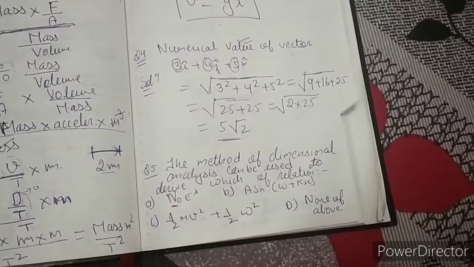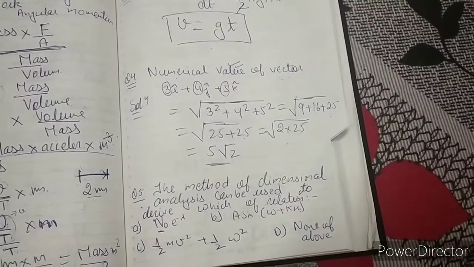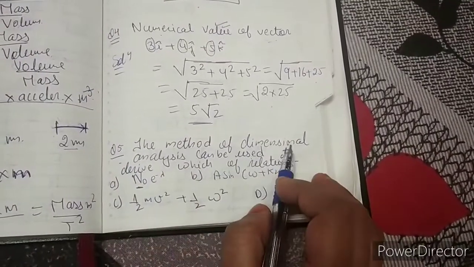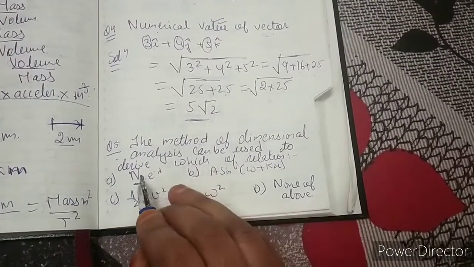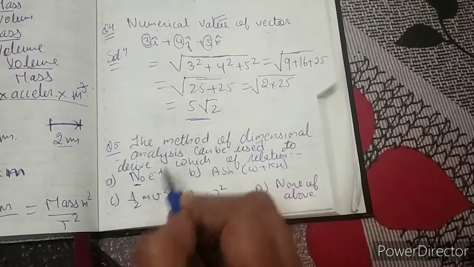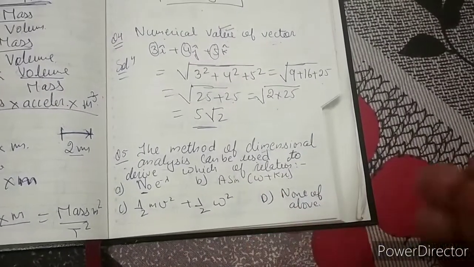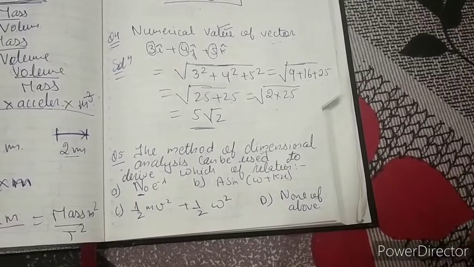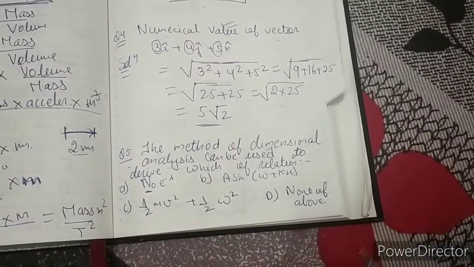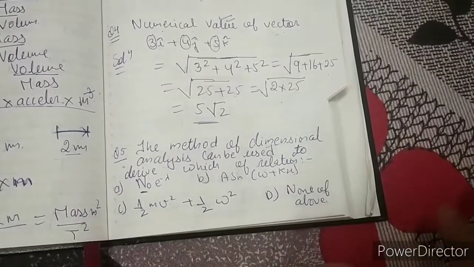Okay. Now students, next and last question for this video. I will upload more and more questions as soon as possible, so don't worry. The method of dimensional analysis can be used to derive which of the following relationships? Students, dimensional analysis only gives you an idea about units and dimensions, that is MLT form or SI units like kg, meter,